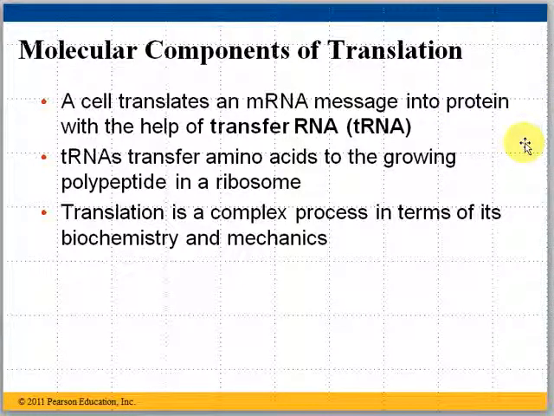You'll probably find that I oftentimes make the mistake of calling this translate RNA because it has to do with translation, but I'll try to make sure I call it transfer RNA. But if you were to misstate and say translate or translation RNA, I would know what you're talking about. So this is transfer RNA. Its job is to transfer amino acids to the growing polypeptide in a ribosome. So what transfer RNA does is it goes out into the cytoplasm and picks up the amino acids that are necessary, brings them to the ribosomes, and helps build a polypeptide chain